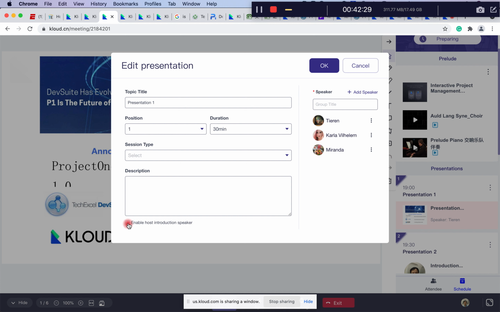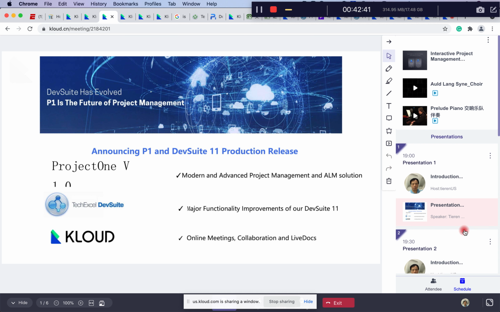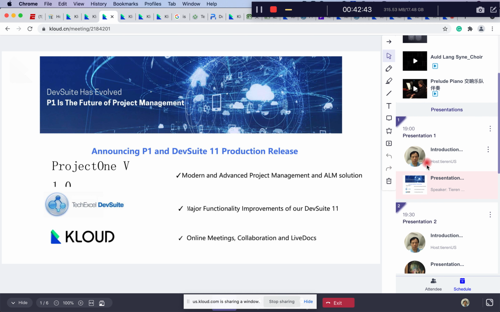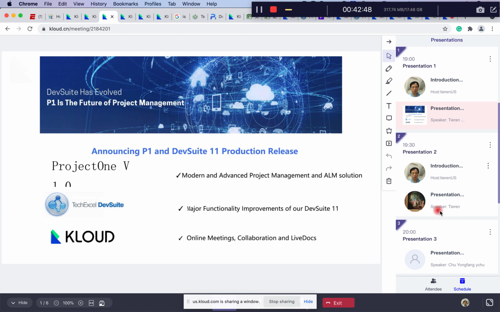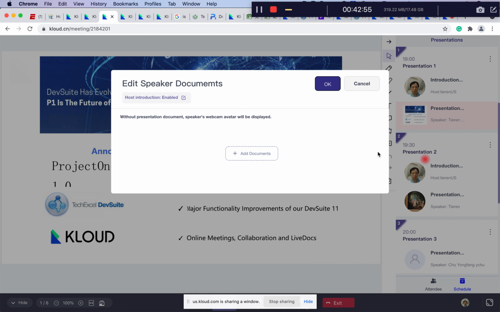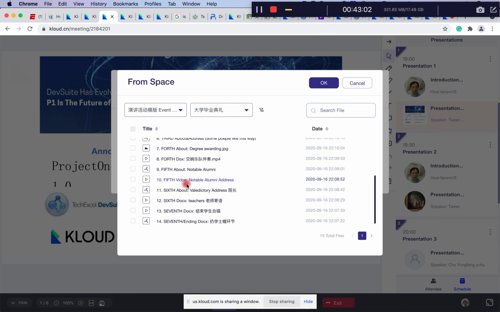We have also enable host to introduce speakers, which should be remembered. Oh, I'm not sure actually if I click on the same or not. So now I have well-defined the presentation 1, and I might want to define the presentation 2 as well. So in this case, I'm going to prepare the document. So I want to add the document from the space. I'm going to select